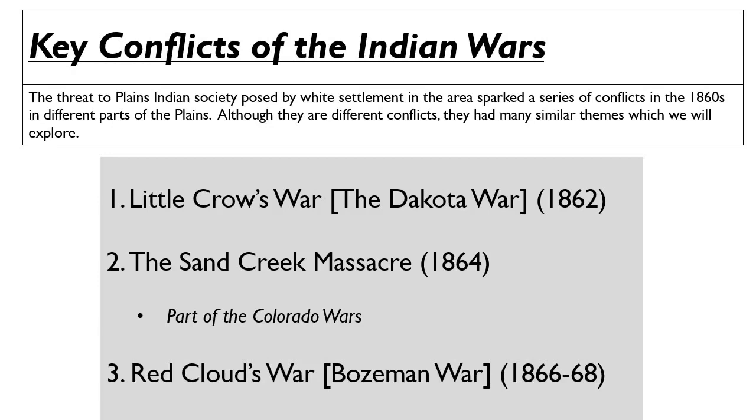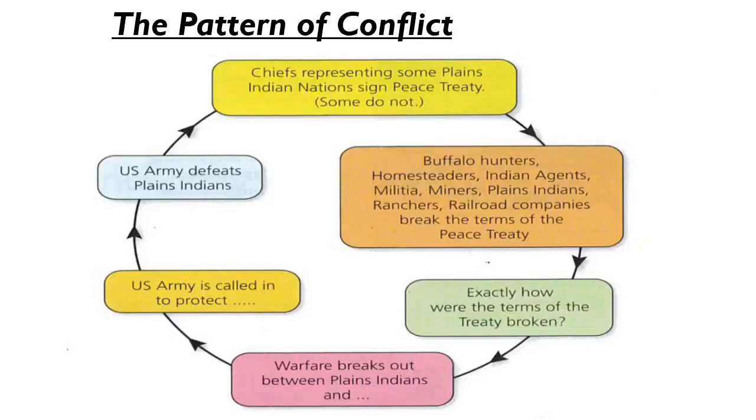We're just going to focus on Little Crow's War and the Sand Creek Massacre for now. What you need to know is sort of an outline of the story of each of the conflicts. Why did they start? What happened? And what was the outcome? There are some things in common. The diagram here shows you